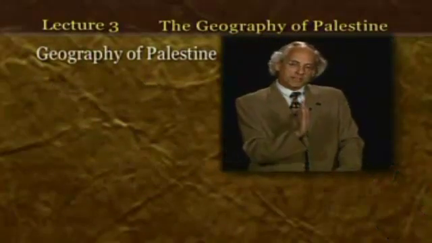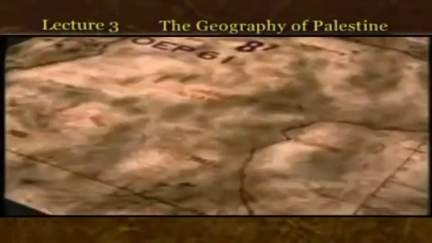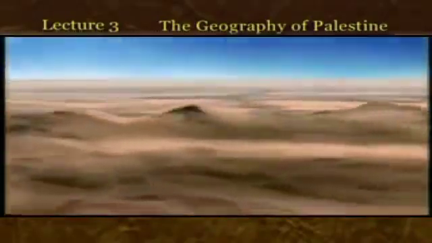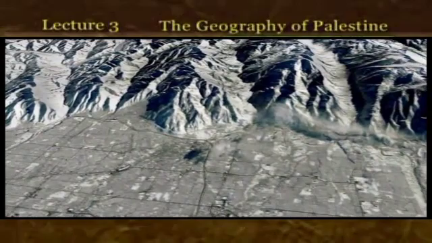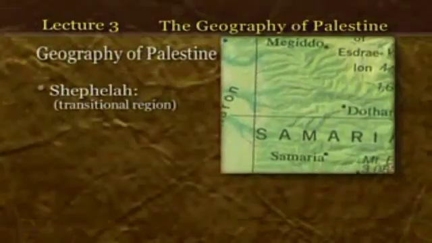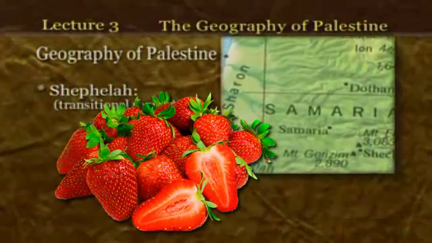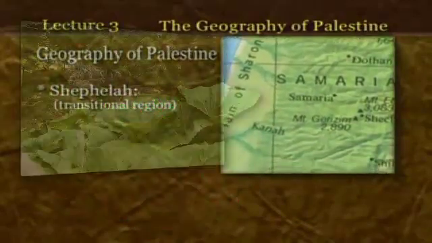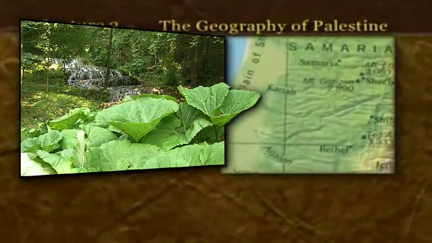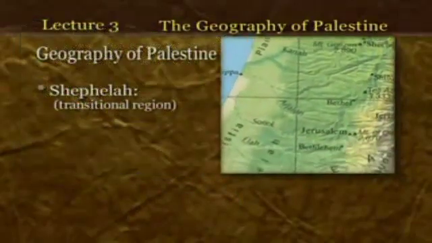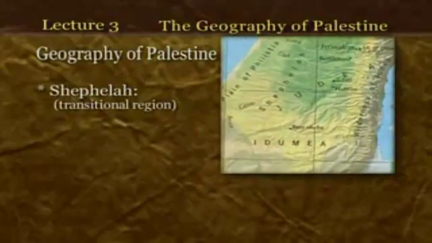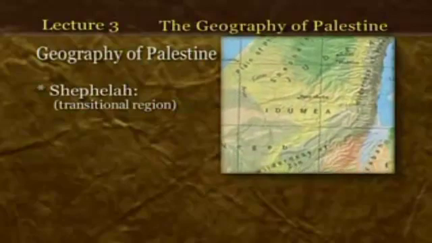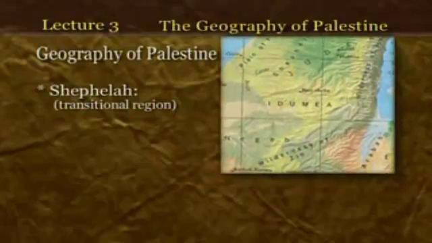As you move inland, as you move to the east, the lowlands or the low hills, the foothills of the central highlands start to come into play. And there you start to move into some very rich farmland and some very fertile land. Down south there is a strip that starts narrow up around the city of Gezer. And then as it moves south it widens, widens, and widens until it hits the desert in the south, the Negev. And this is called the Shephelah.